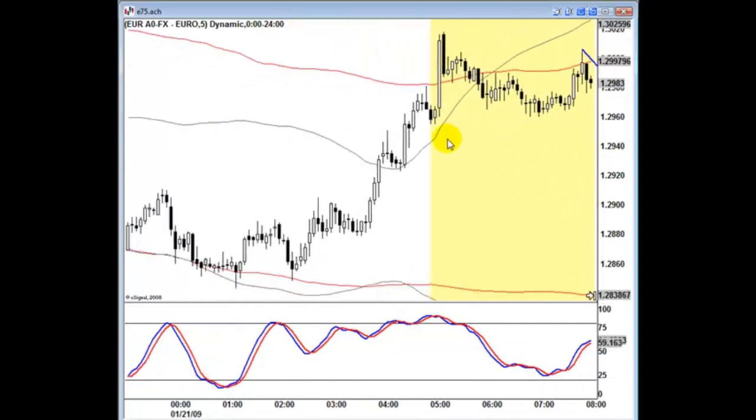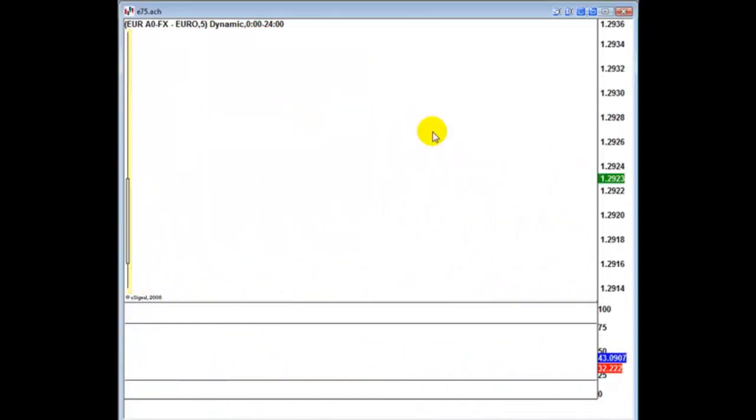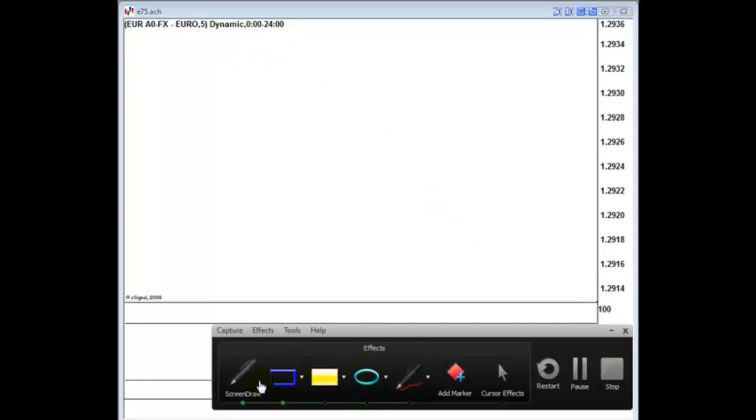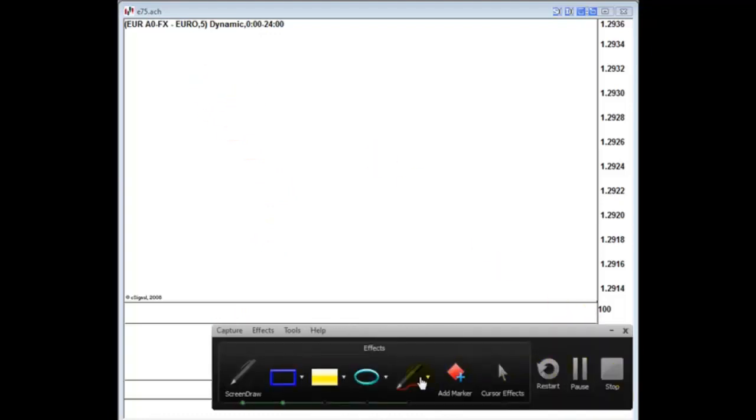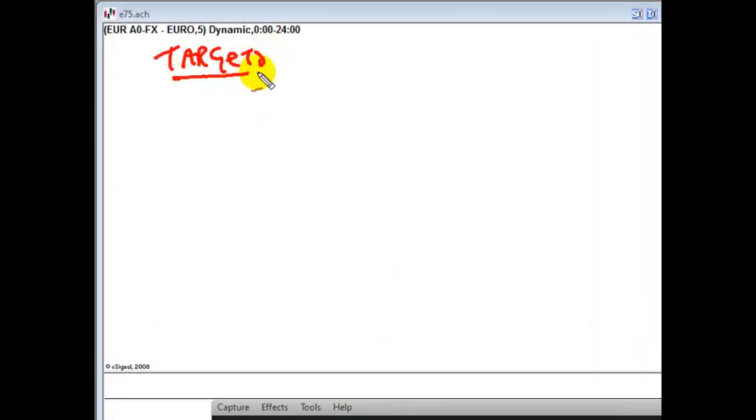Right, I'm just going to get a blank screen so we can talk about the targets for the trade. Yet another sheet of paper gone. So, trade targets. A couple of principles here. Targets. First of all, the first principle is, and there's a number of ways we can look at this,